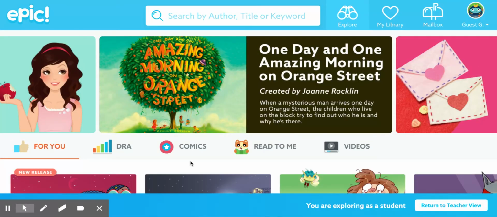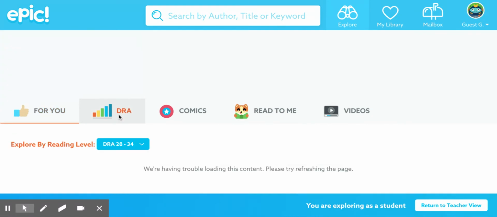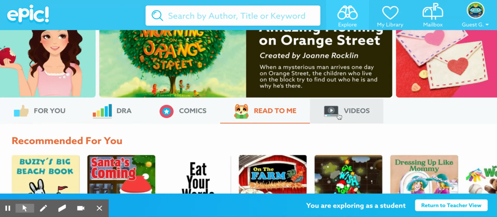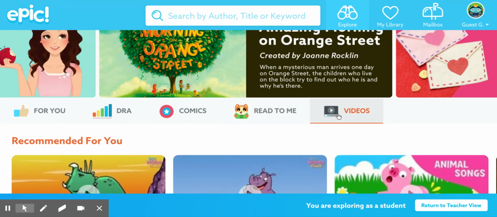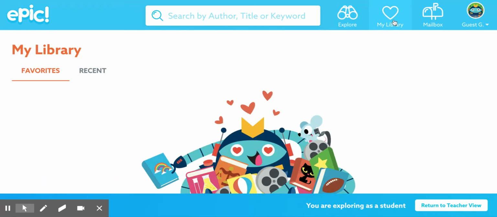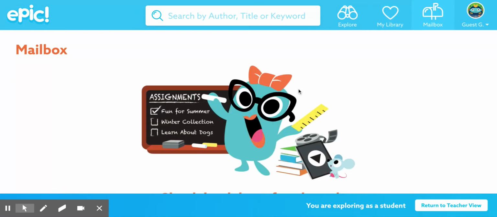So let's first look at what the students would see. Based on any prior books or reading levels they've read, that would be kind of under 4U. They can look by their reading level scores. They have comics, read to me audiobooks, and videos. Also, we see that students can have access to so many different books through putting them in their favorites. Obviously, if you assigned a book, they would also show up here. They would get notifications from you or their parent in their mailbox. So let's go back to the teacher view